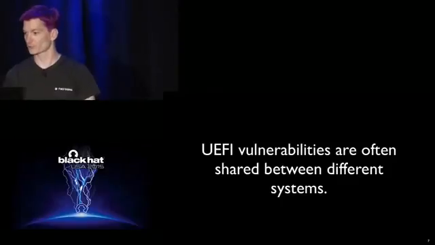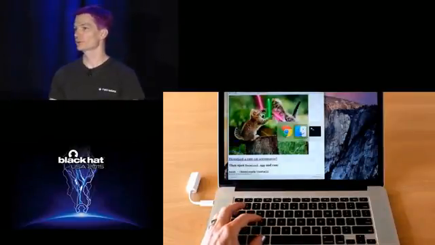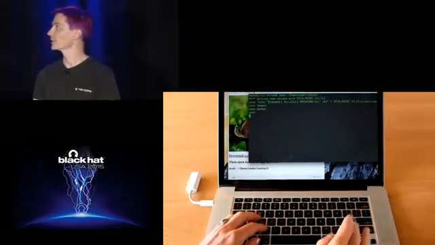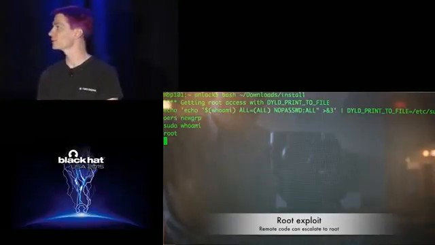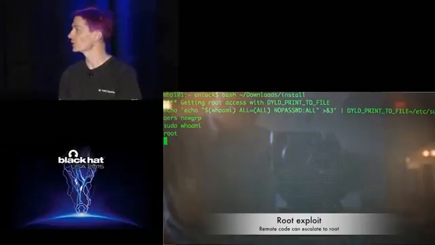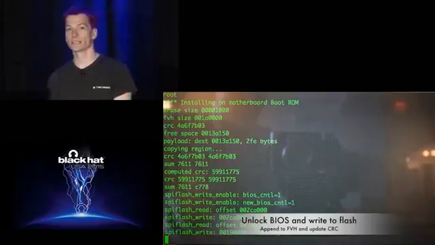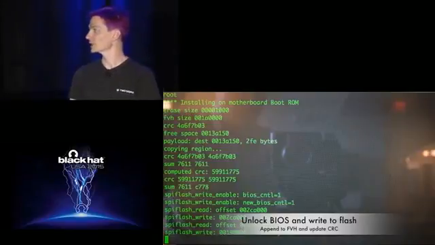So let's jump straight to a quick demo of our proof of concept. Unlike ThunderStrike 1, ThunderStrike 2 has the ability to get started from a pure software environment. In this case, we're using a root exploit to elevate privilege from some sort of remote code execution to root. We're then able to install a whitelisted kernel module that gives us access to all of main memory. We can then memory map the SPI flash registers, and on some Macintosh systems, we're able to immediately unlock and